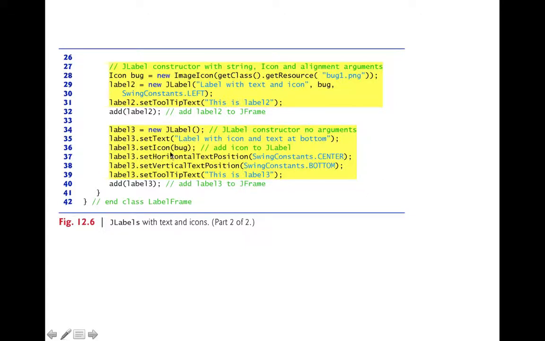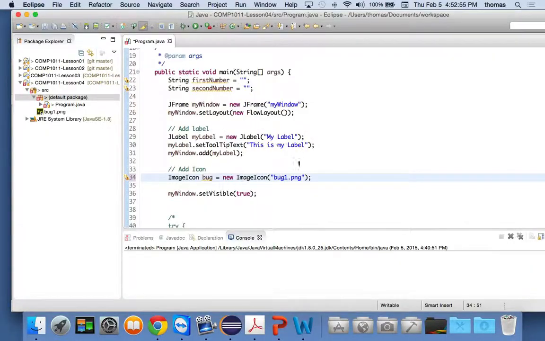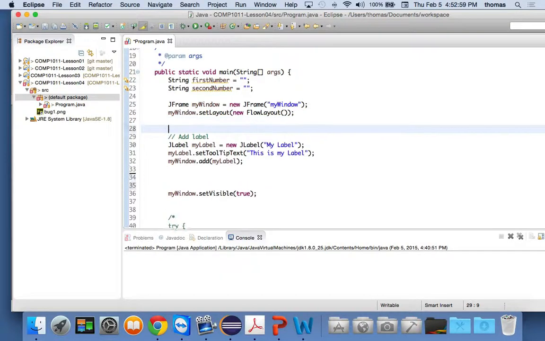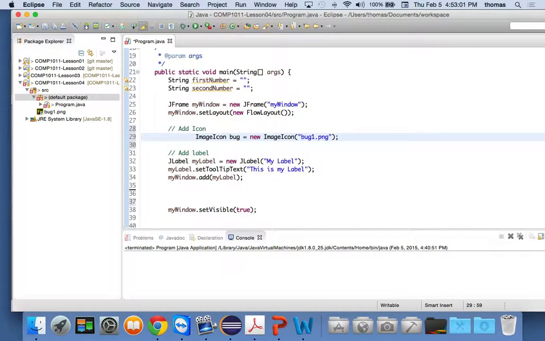Well, we don't have to wait till label3 to do that because we're not going to create another label. So we've done a couple of labels already. Let's use my setIcon for my existing label. Okay. So we're going to take this ImageIcon, which you would have had to create before my label in order for it to be instantiated as an object. Here it is. I'm just moving it up here now, right? And if things go well, if it's flexible enough,